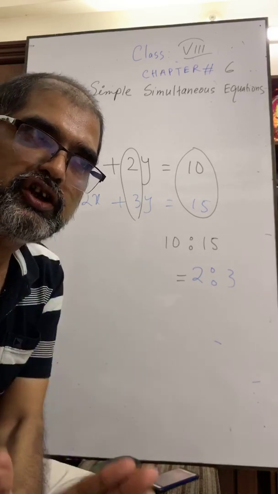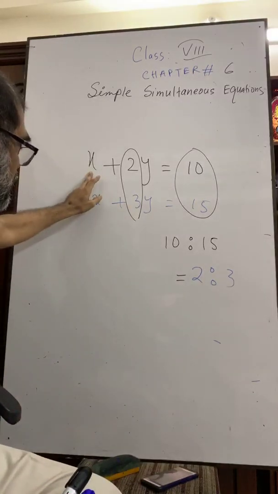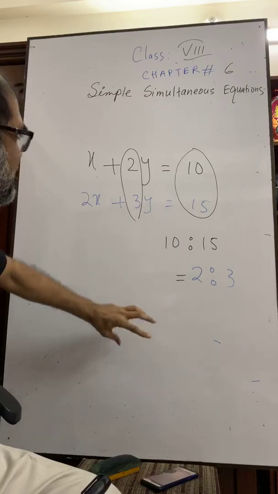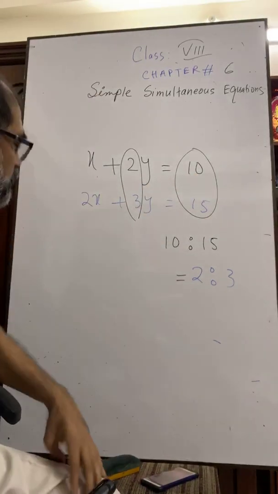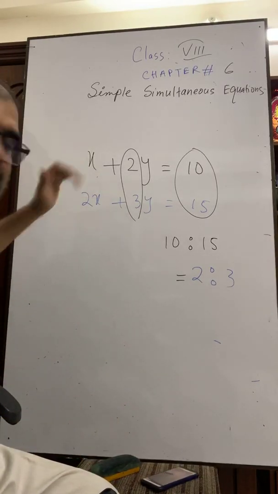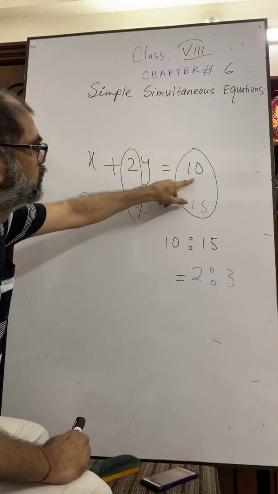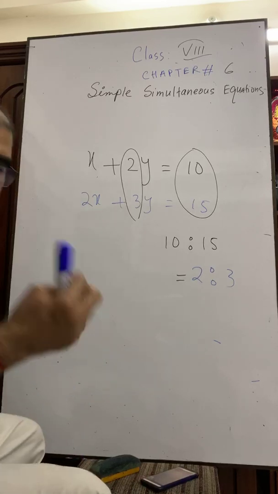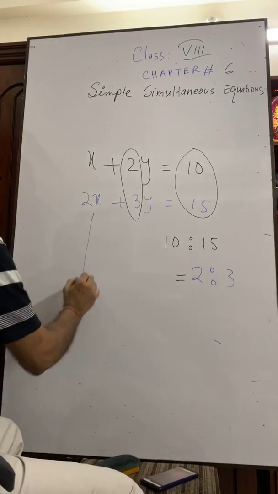Which one has not been considered yet? X part, Y part, constant part. I have worked only with the coefficients of y and the constant term, right? But we have not done any work on the x part, right? Okay. 2 is to 3, it is also 2 is to 3. Is it? You just close your eyes and write down x equals 0.